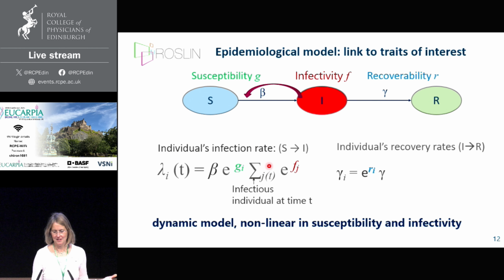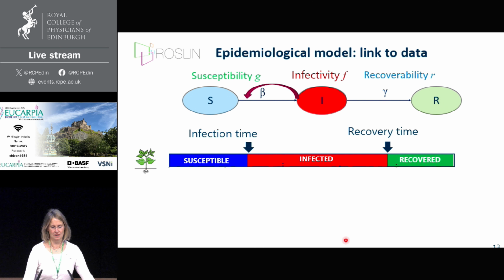Right, so we have defined the model. Now we need to say, how do we link the model, the traits, with the data we can collect? So what kind of data would we need? Well, here, this is basically if you had one individual and we model that transition between the compartments